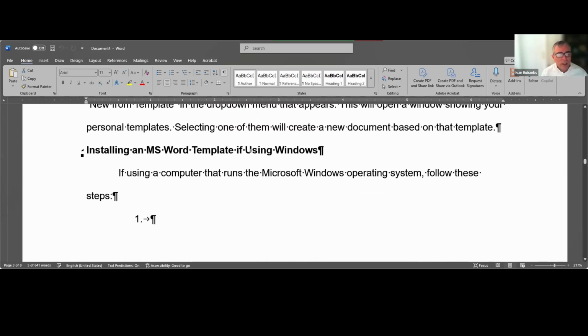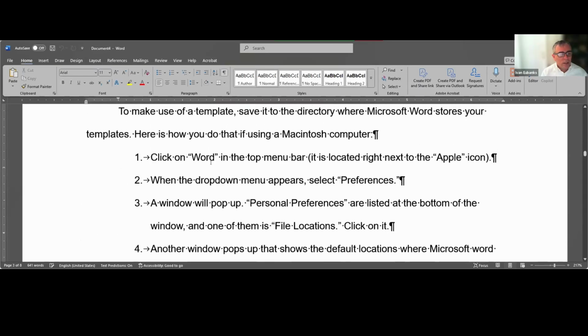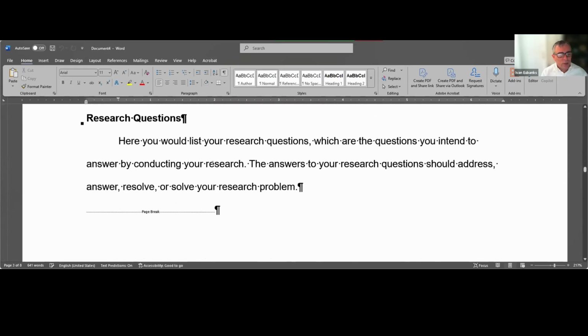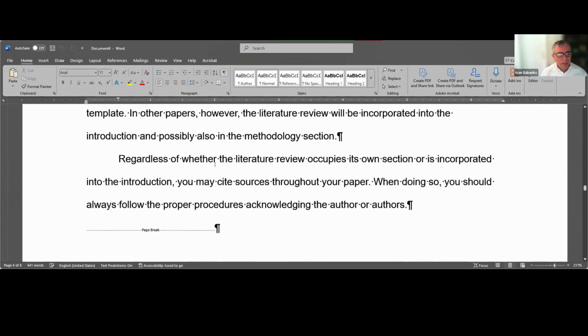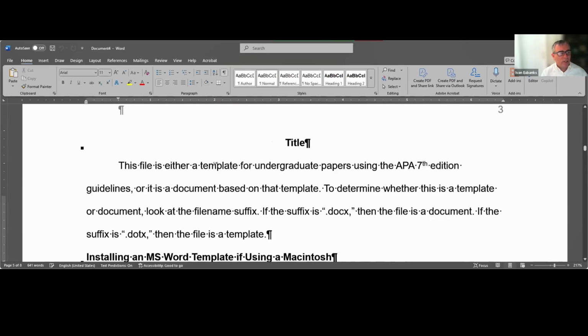Oh, wait, I didn't change it. This is an incomplete one. Yeah, that's why I had two. Okay. So I'll give you the complete one, but it gives you the instructions on actually what to do